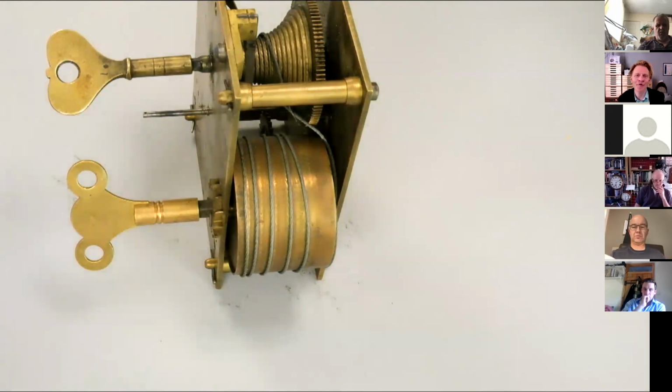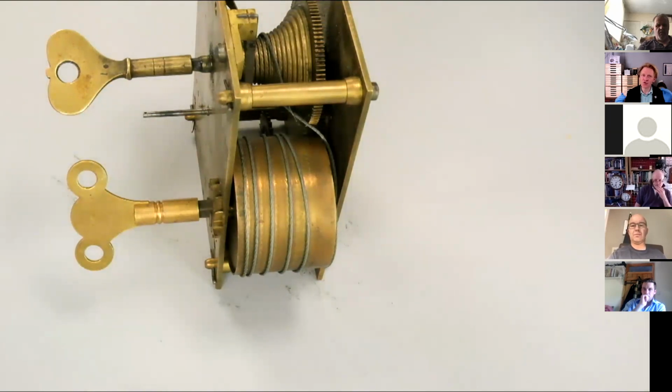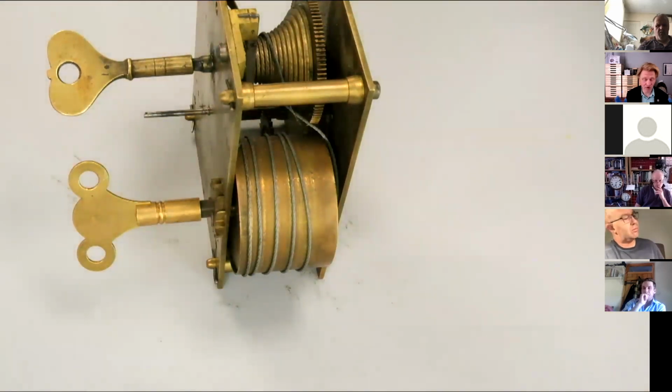I don't know my horological history that much, but balance controlled ones. Lots of industrial processes were improved in the 17th, 18th, 19th, and 20th centuries. So we've probably got 3 or 4 pretty significant step changes in the way steel was made and hardened and tempered and all that. So the reality is, if you take a spring like this, let's say this clock, let's say it was made in 1850, let's say it's 150 years old,